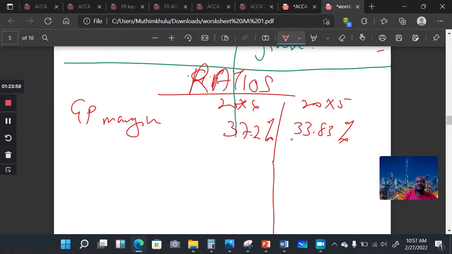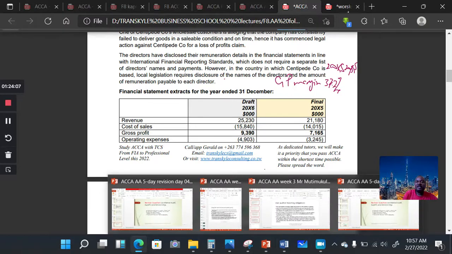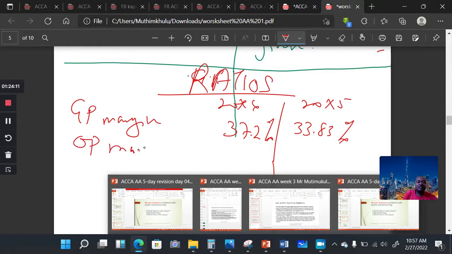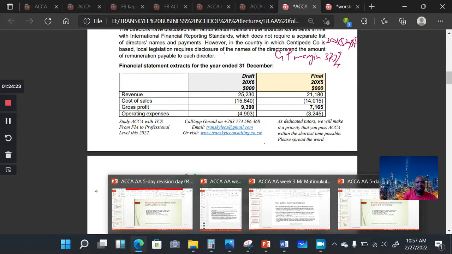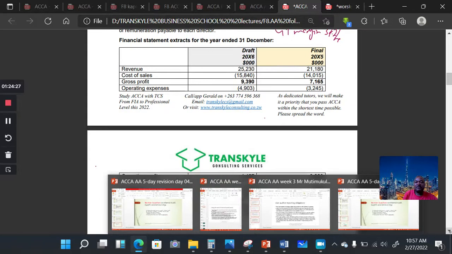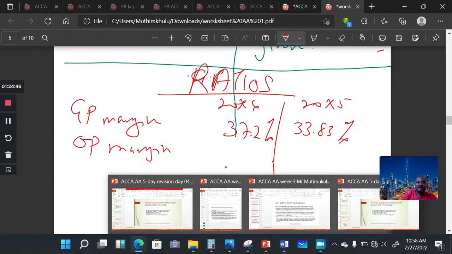Then the operating profit margin, the OP margin, we're going to use these figures. Operating profit for 26 was 4487 divided by our sales, the revenue, 25,230. So we're having 17.78%. Then for the year 2025,